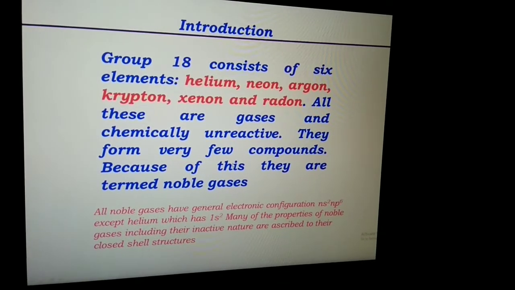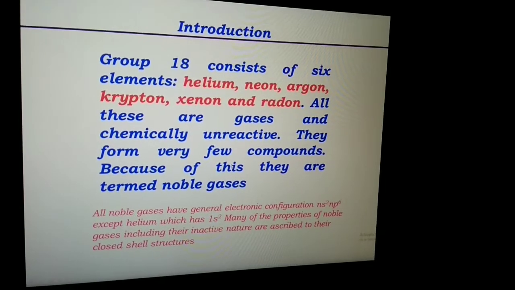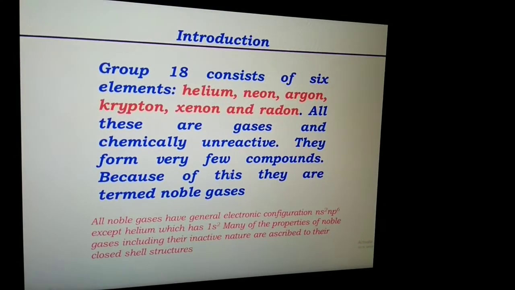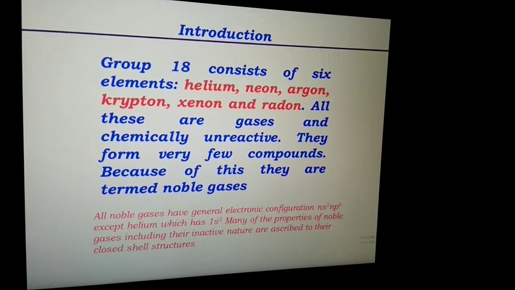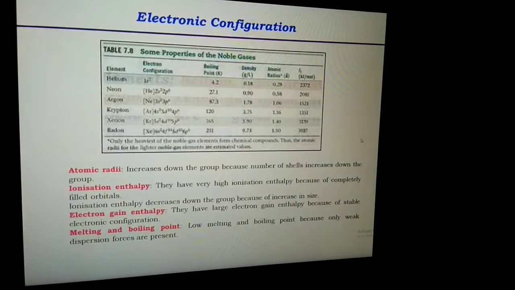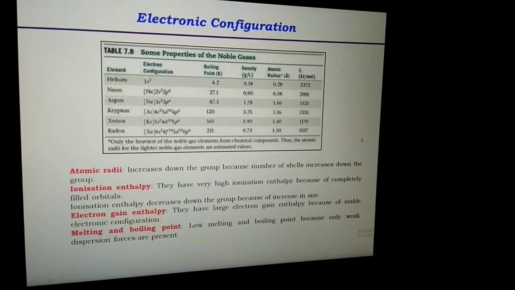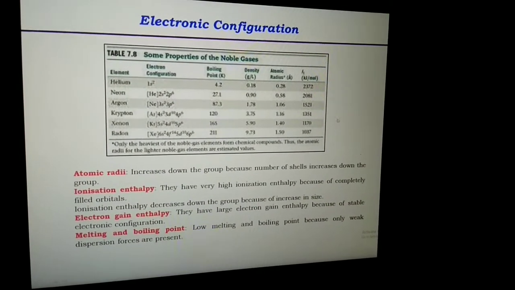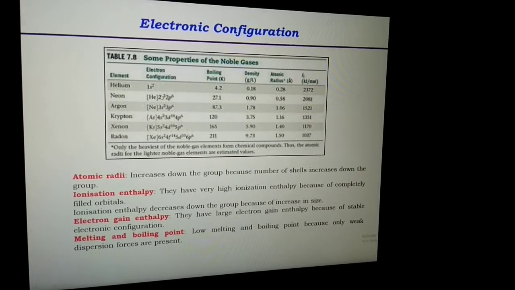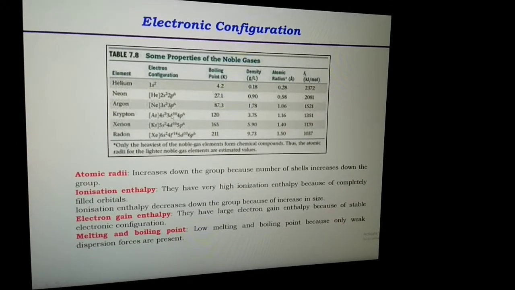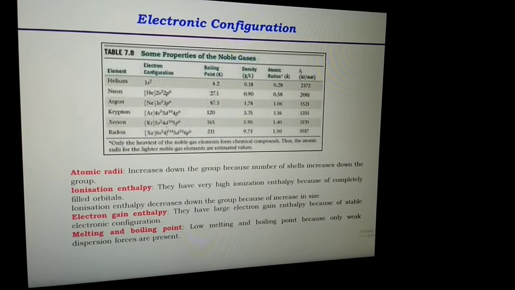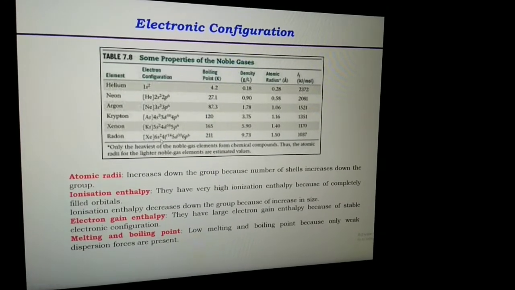And these noble gases have the configuration ns2 np6, except helium, which is 1s2. Due to the stable configuration of the noble gases, these elements are very unreactive. Now we discuss the electronic configuration of the noble gases. First of all, helium has the electronic configuration 1s2. The neon, argon, krypton, xenon and radon have the valence configurations 2s2 2p6, 3s2 3p6, 4s2 4p6, 5s2 5p6 and 6s2